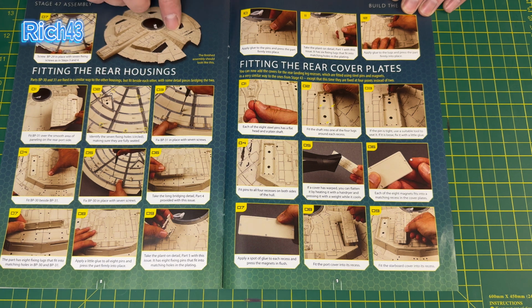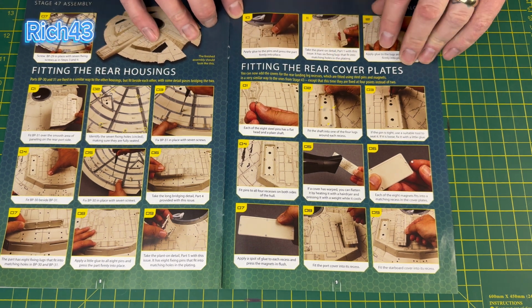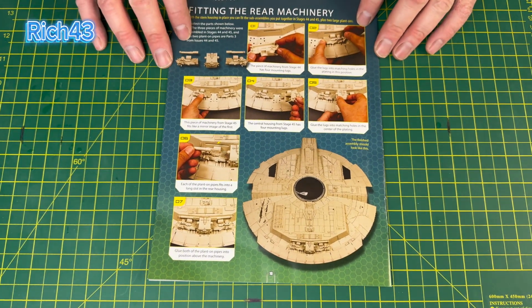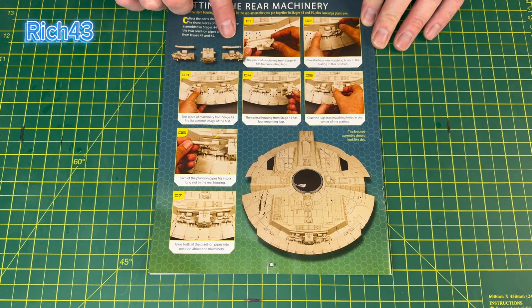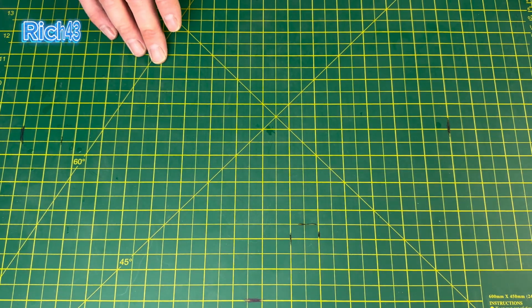And we're also fitting the rear housing, fitting the rear cover plates. As you can see, a lot going on here, and there we have what it'll be looking like at the end of today's video. And then of course here you've got fitting the rear machinery, and these are the parts we built the other week if I remember right. So I'll bring the parts over,